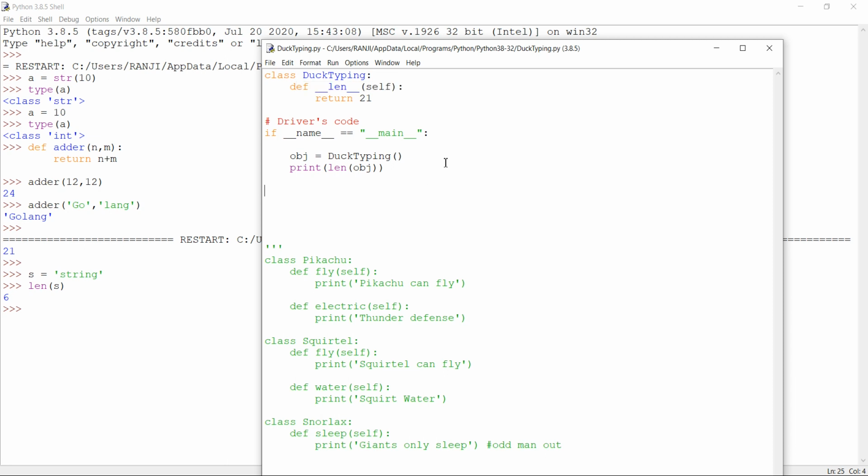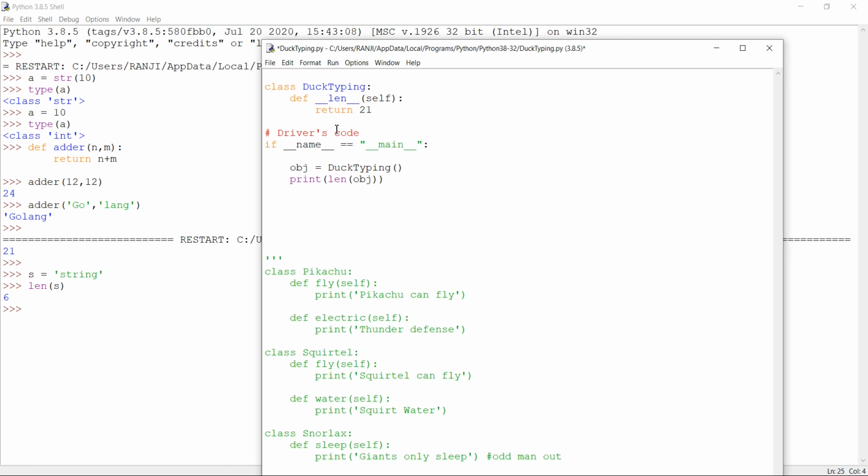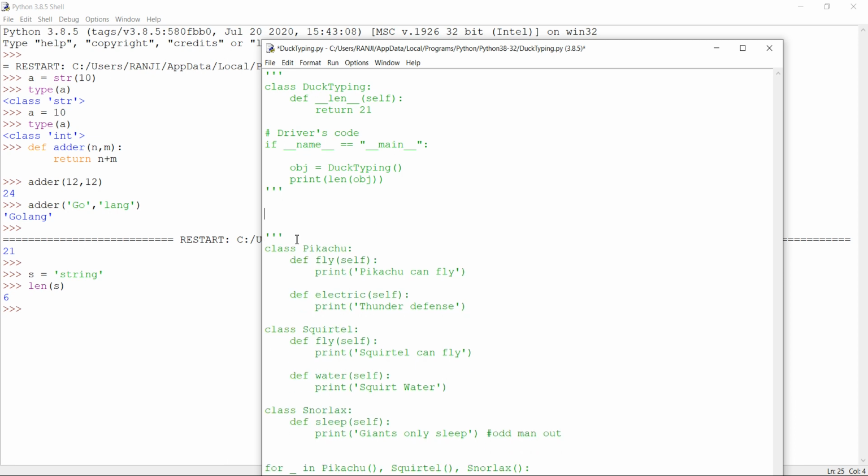If you didn't understand this code also, I have one more interesting example coming up, which is down below. I am sure that after this you won't have any doubts about duck typing. Okay, and I guess I have one more down the line.